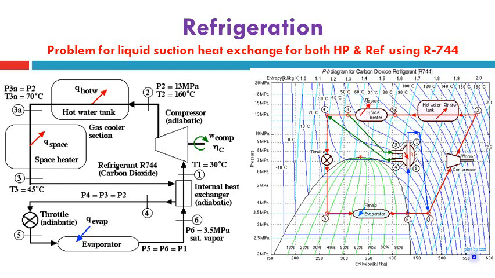H2 is equal to 570, H3a is around 400 kilojoule per kilogram, these values of enthalpies. H3 is equal to around 310, H4 and H5 are equal to around 270. You can put all these values to make the heat balance on the liquid suction heat exchanger to get the